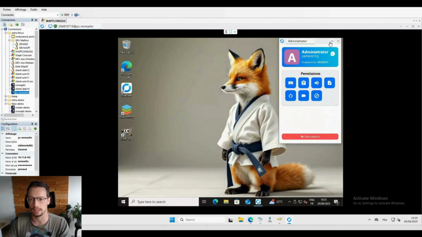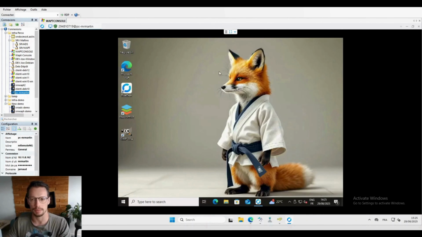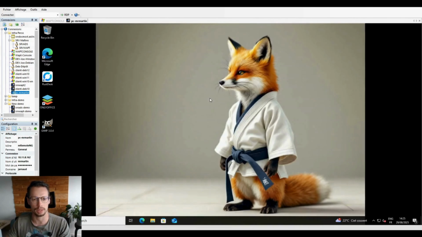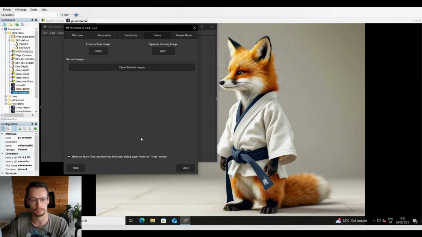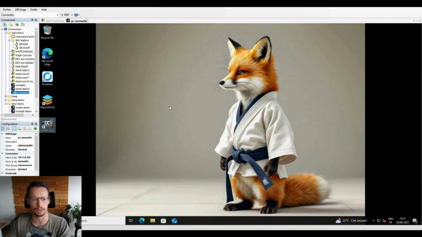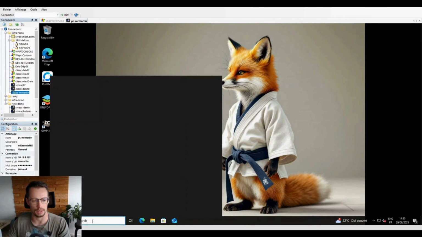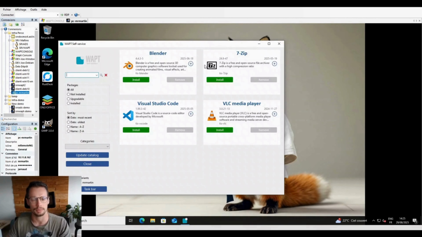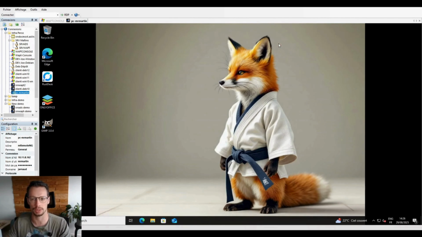So here we are connected to Mr. Martin's workstation. Now just the resolution isn't great with RoseDesk, so we're actually going to switch over to Remote NG. There we go. So now we have Mr. Martin's workstation. And on his workstation, Mr. Martin has several software programs. For example, in his GIMP, some were missing. He won't do it for all of them. He also has in particular the self-service tool. We can see the 4 packages available that he can install or remove easily, software that the admin has made